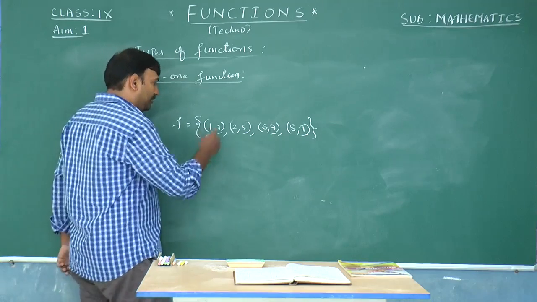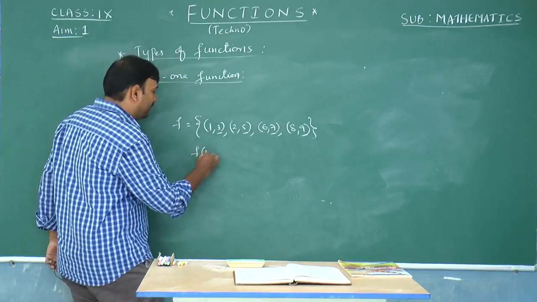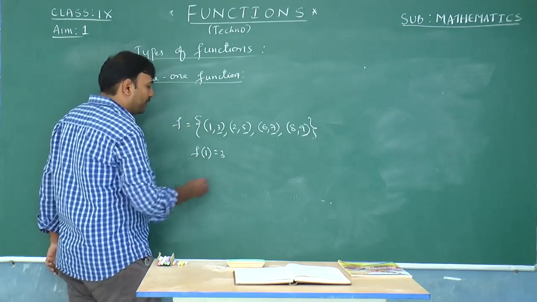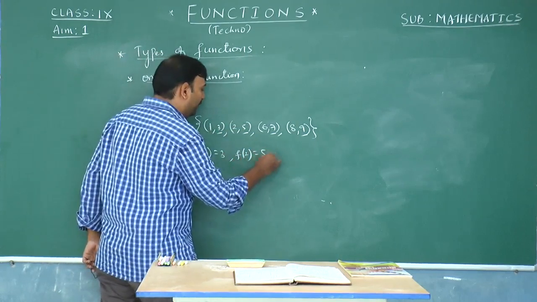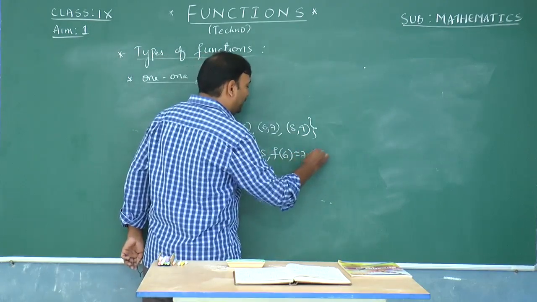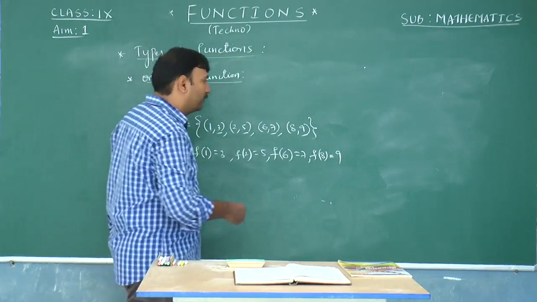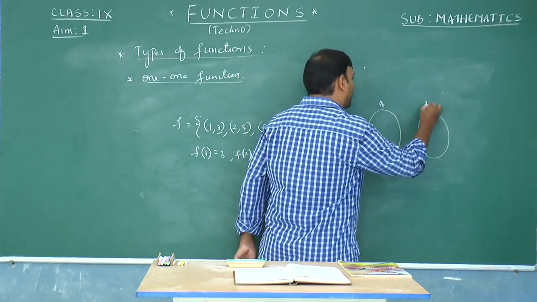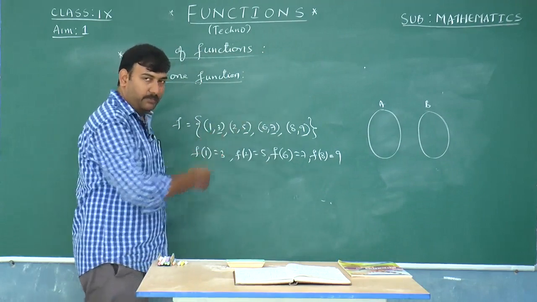For example, this can be written in symbolic form as f of 1 is equal to 3, that is, the image of 1 under the function f is 3, and the image of 2 under f is 5. The image of 6 under f is 7 and the image of 8 under f is 9. If I draw the arrow diagram, with the domain and codomain as A and B, because they are not mentioned in the question, let me take them as A and B. And let me put